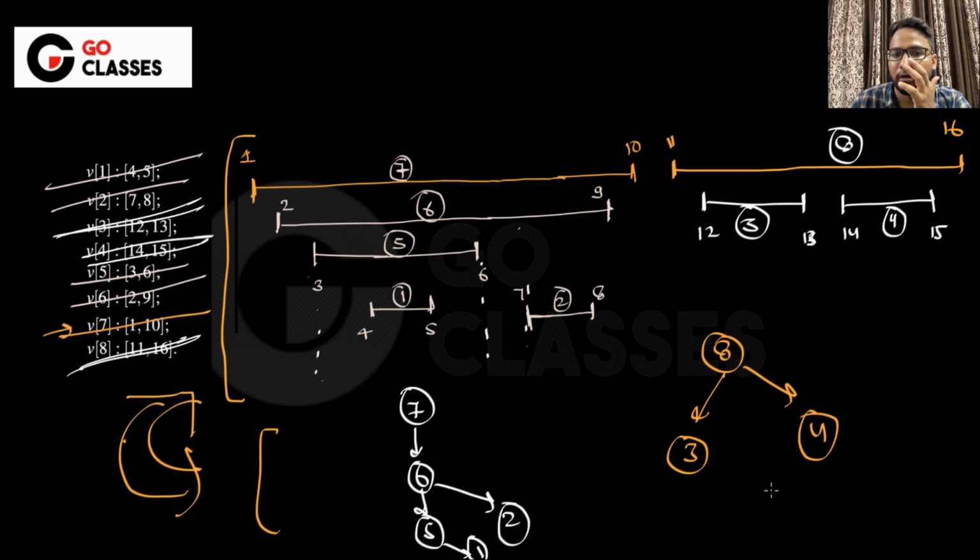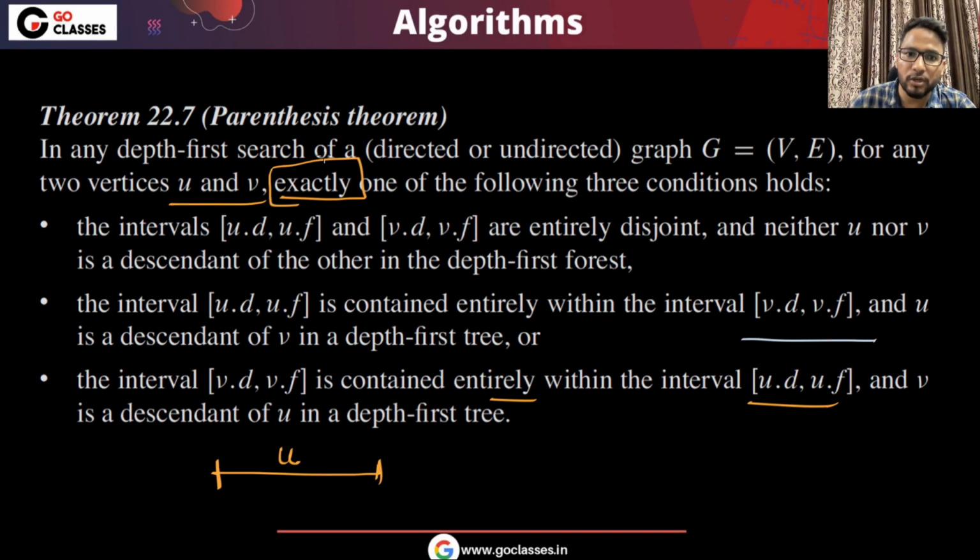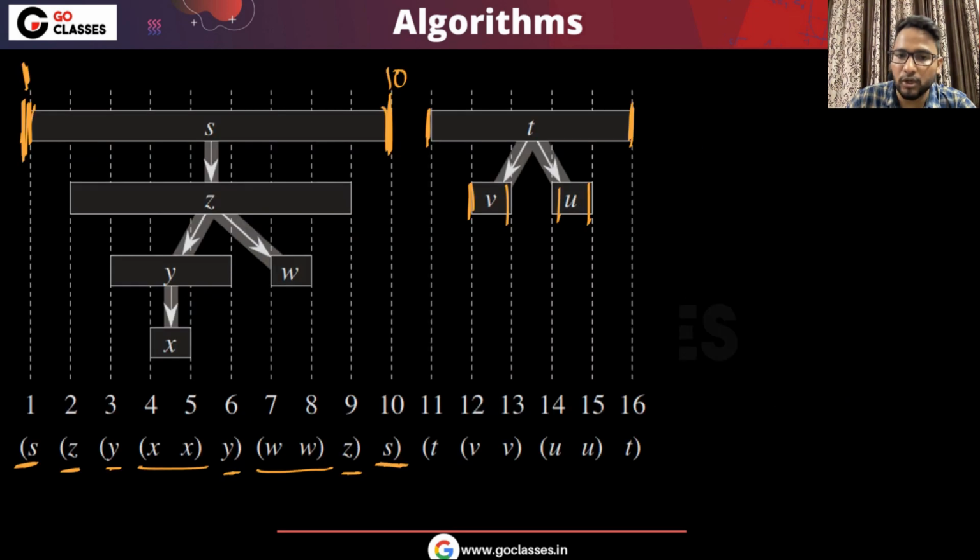I hope you got it, right? So what we need to do is just apply this theorem. Let me read it out. This theorem is saying that for any two vertices u and v, one of these will hold. And using this theorem, basically you can say that if the interval of z is entirely contained in the interval of s,